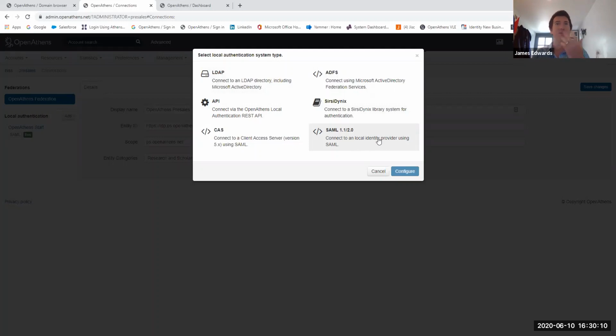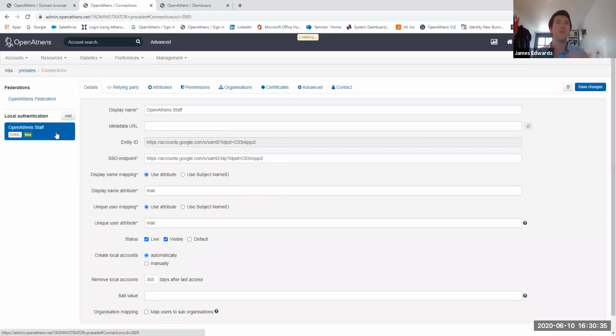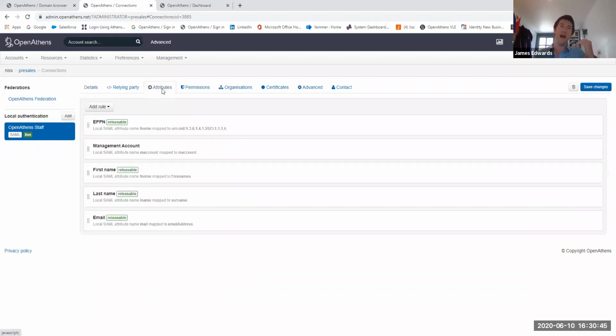I'm not going to set one up here, but you would click that and configure. Basically, it's about sharing metadata. There are a few things to go through there. That is where IT will be involved in the setup process, and that's about their only involvement. It's just to make that connection. It's very simple. It can be done either via emails back and forth, or over a quick 15-minute phone call if the right people are on. Once that connection is up and running, it will look similar to something like this. And one thing I'd like to bring to your attention here is that it's a good time to think about attributes.